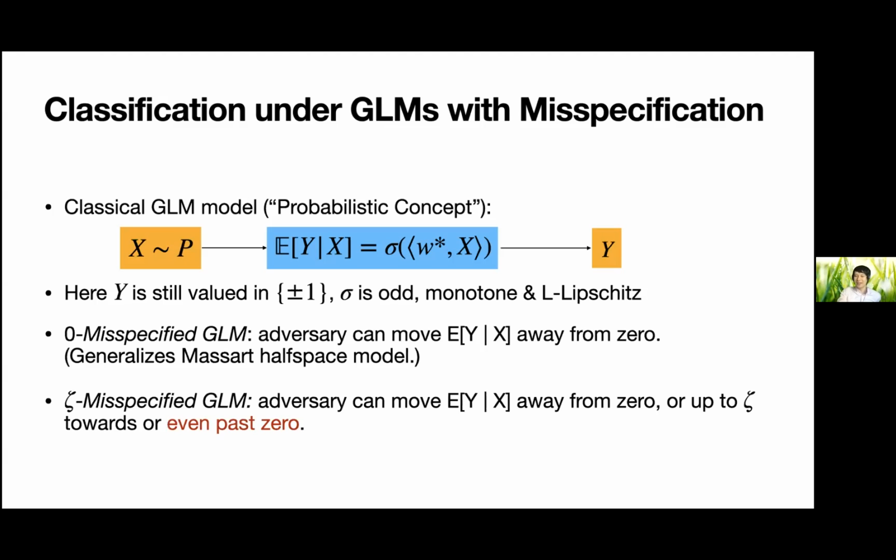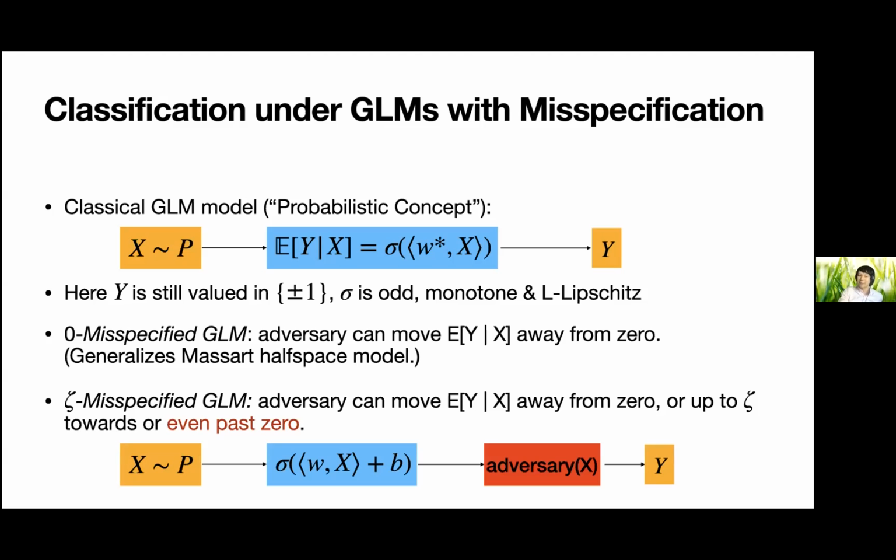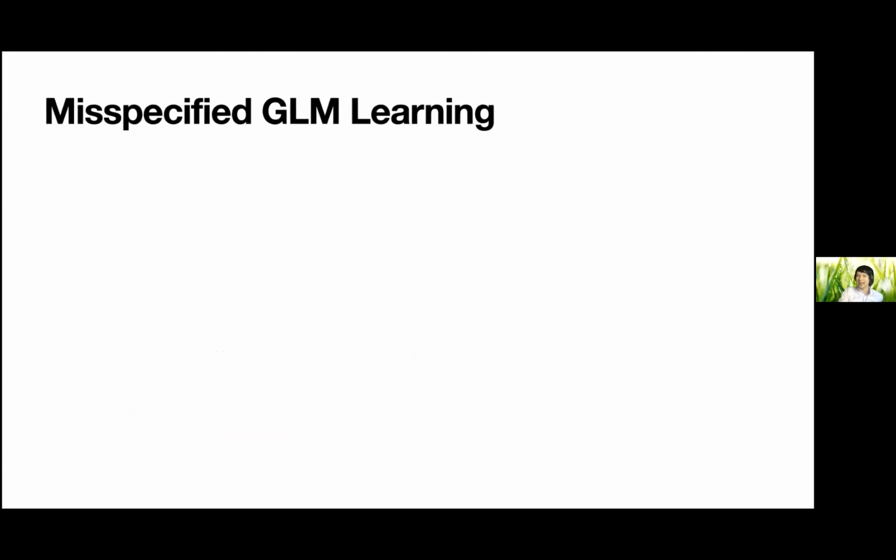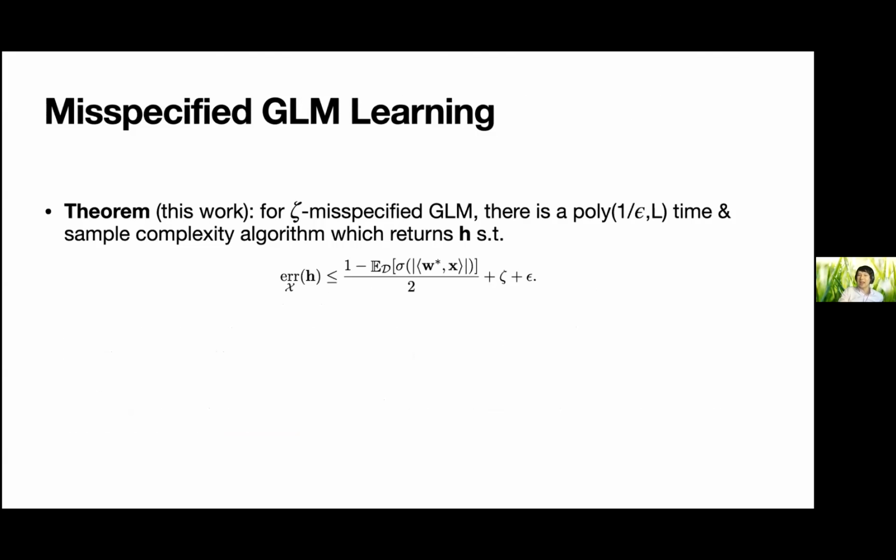Now you can consider even harder models where the adversary can also move a little bit. They can actually decrease the signal to noise ratio, and we'll call it a zeta misspecified GLM. And what I wanted to say is, actually, in this setting, which generalizes the half space learning setting, we can still get algorithms that are robust to these kinds of adversaries. So more formally, you can get a hypothesis which has 0-1 loss upper bounded by